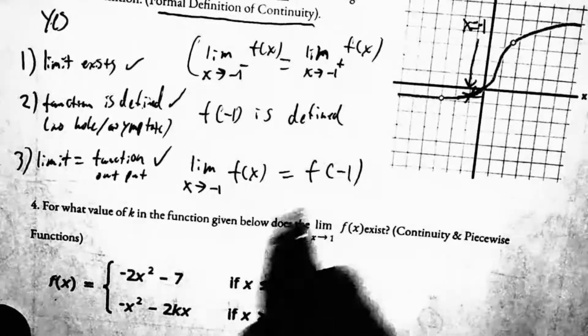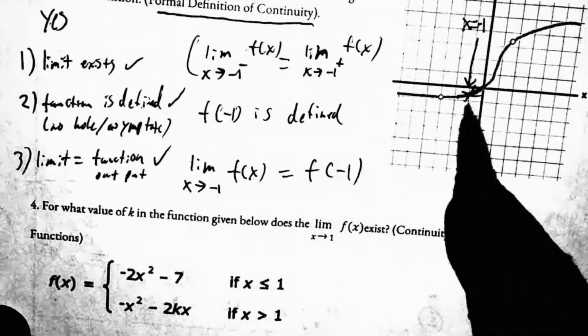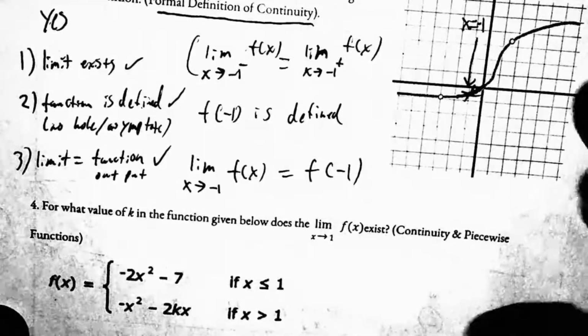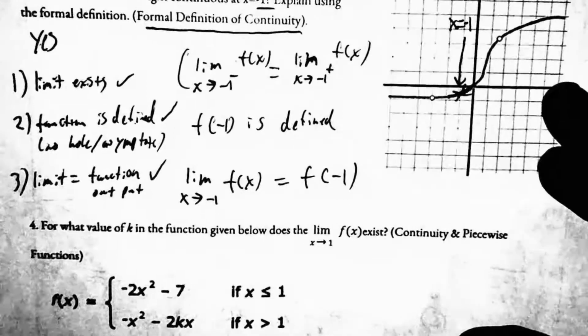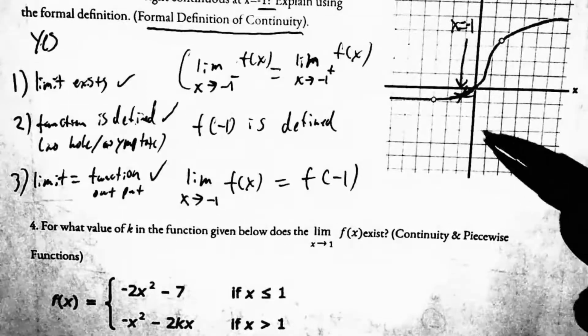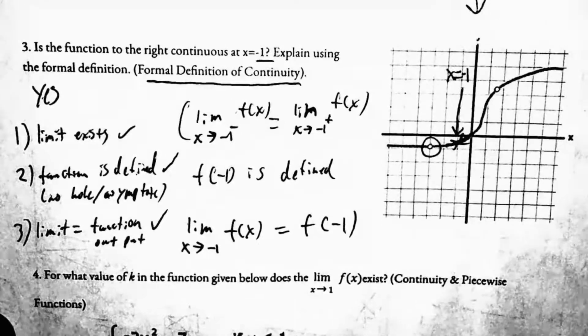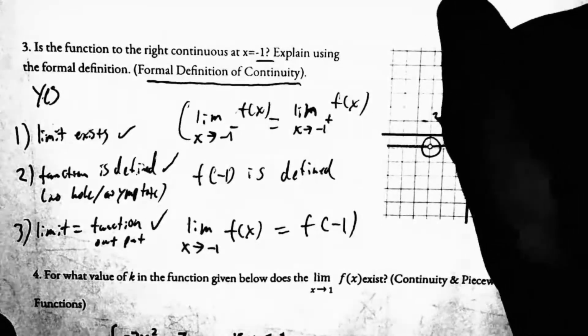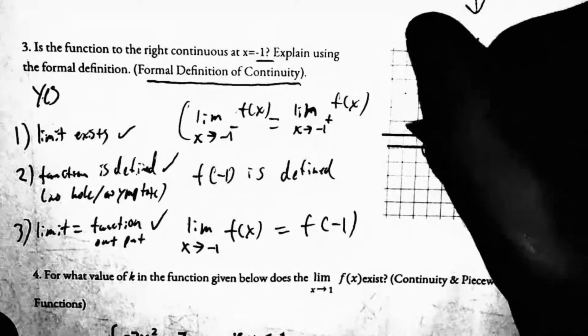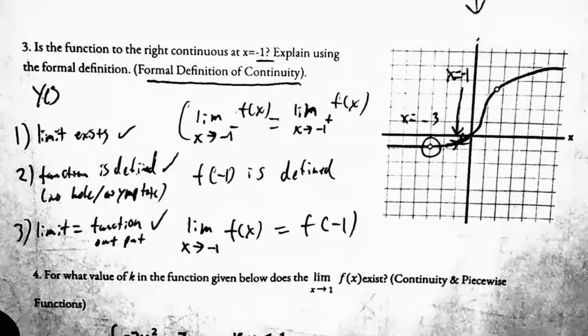That's what I'm showing here. The limit as we approach -1 equals it. However, if I had told you instead of doing -1, we did -3 right here, you would take a different strategy. If you did x equals -3,